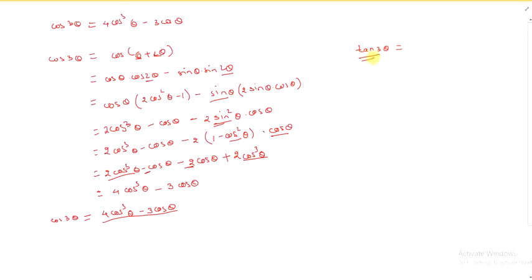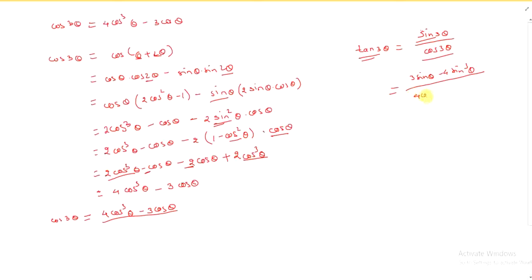Now you can independently prove the result for tan of 3 theta, and here how to prove this one? Tan of 3 theta can be written as sin 3 theta upon cos 3 theta, isn't it? And using the results for sin 3 theta and cos 3 theta. Sin 3 theta is what? 3 sin theta minus 4 sin cube theta, upon cos 3 theta is equal to, here you have just seen